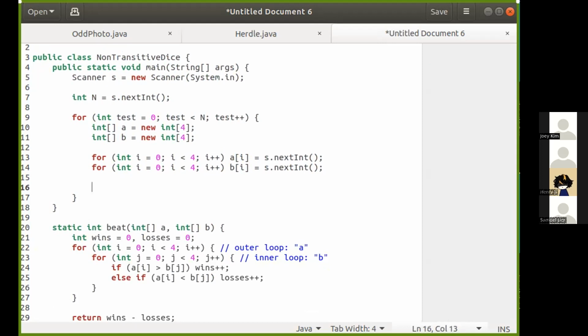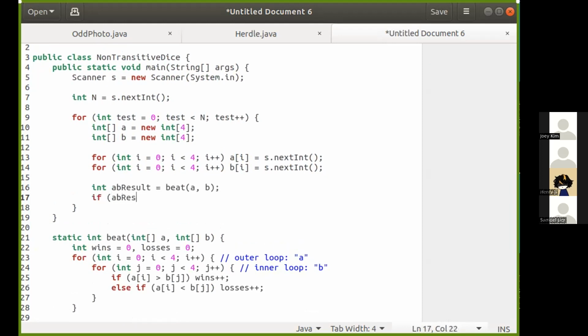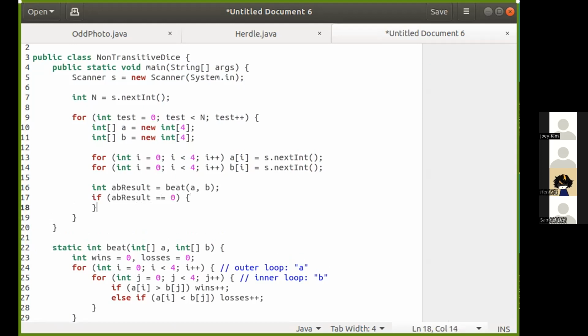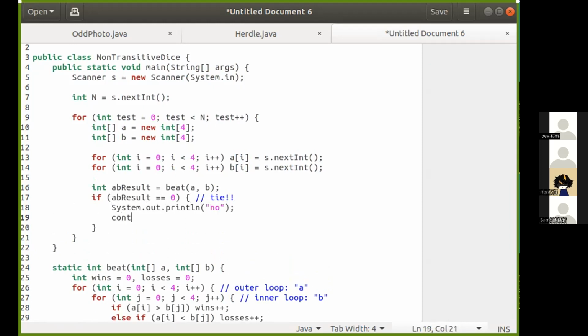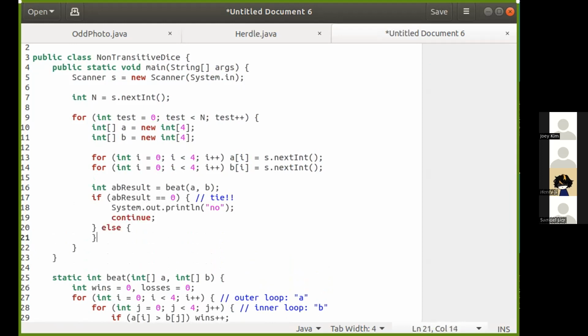So we will check if A beats B. And remember, if it's a tie, we will say there is no good solution to this, like we said earlier, and then we will say no. And then we will continue because there's no reason for us to continue on. Otherwise, let's say that if the AB result is less than 0, so A loses to B,